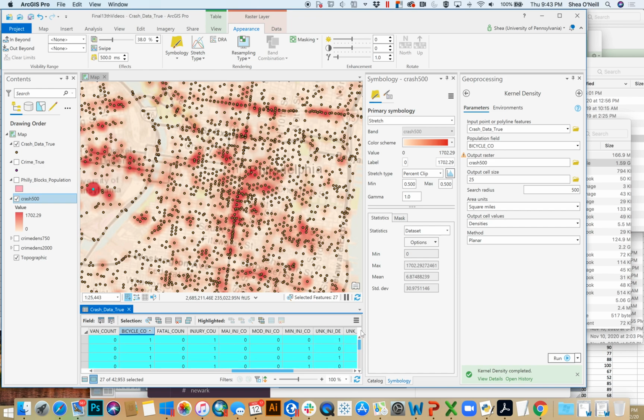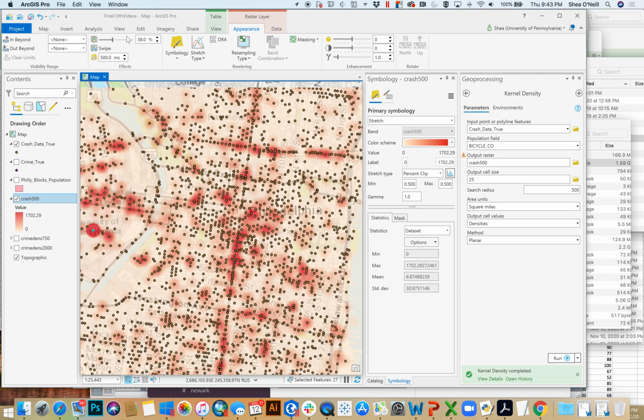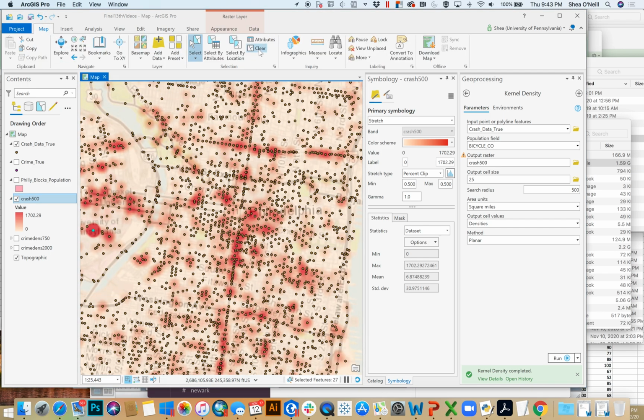Some of them are with 1, some of them with 2 in terms of bicycle crashes. So a very high concentration at an individual block, and that is why it shows up as such a high gradient of intensity surrounding only one point here. The last thing I want to make clear with